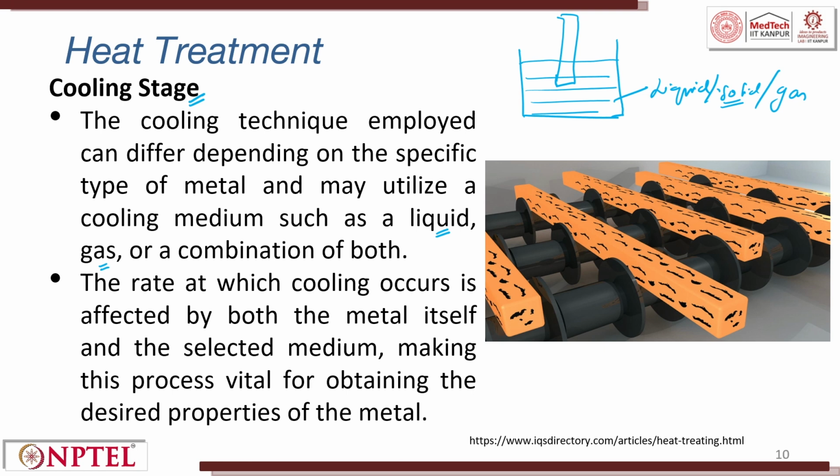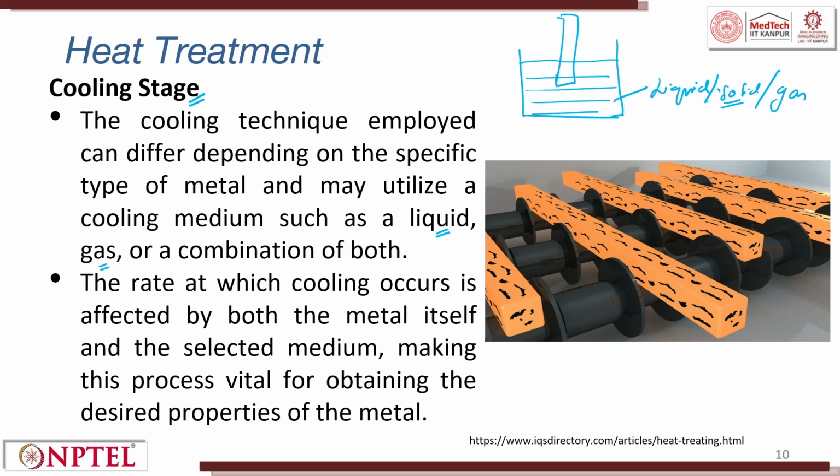If you see a blacksmith, he always tries to put coal fully covering the hot rod, and then he tries to heat it and then he tries to hammer it. So, when the coal is around, it tries to burn the iron, and there is a possibility of carbon getting diffused into the surface, and when it gets diffused, it forms cementite, or the carbon surface is hardened, and once he gets the shape, immediately he quenches to retain the shape. A blacksmith does it. That is how they have been making swords, that is how they have been making a lot of utensils and other things at home.